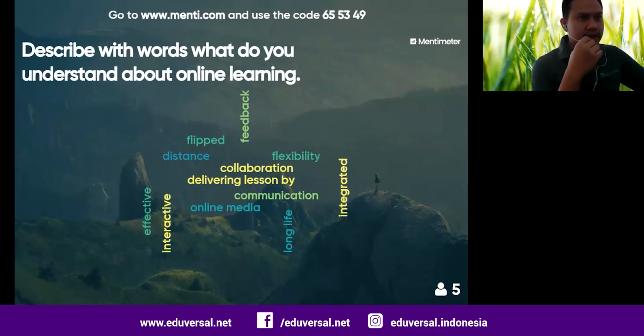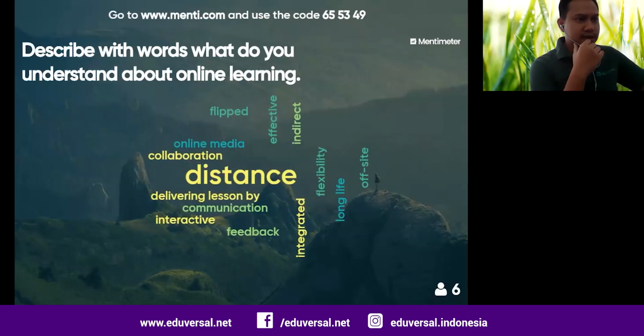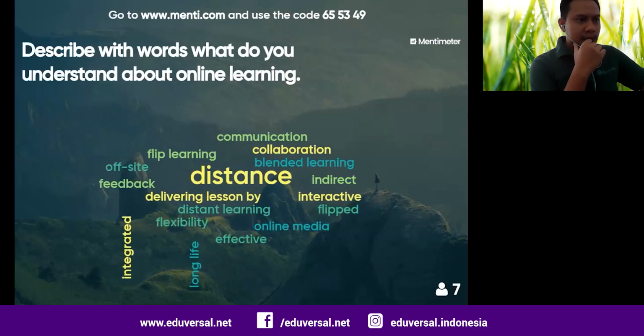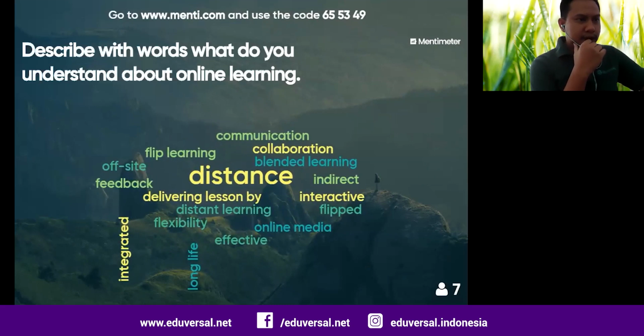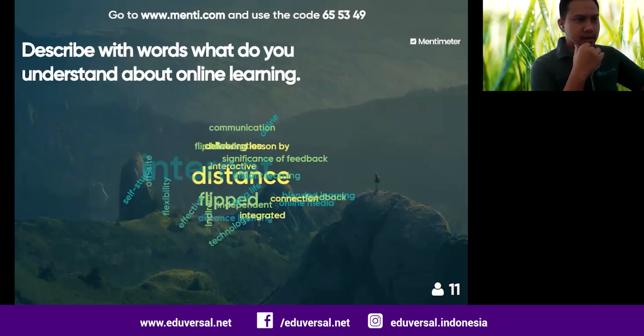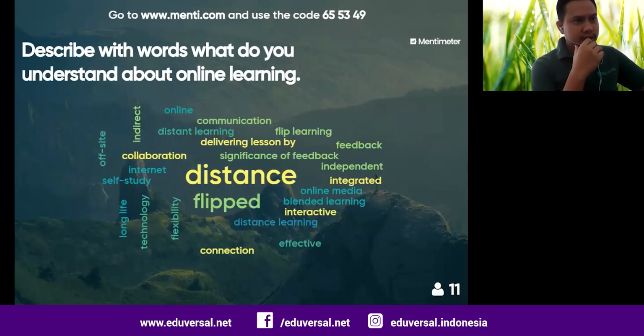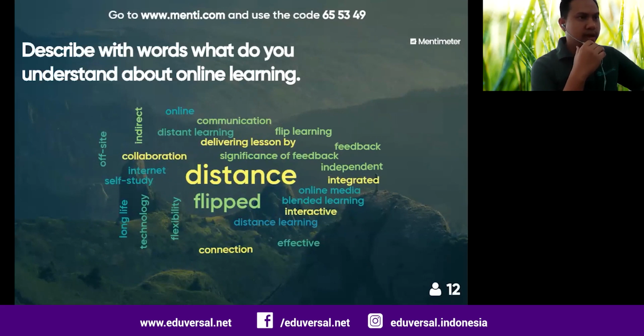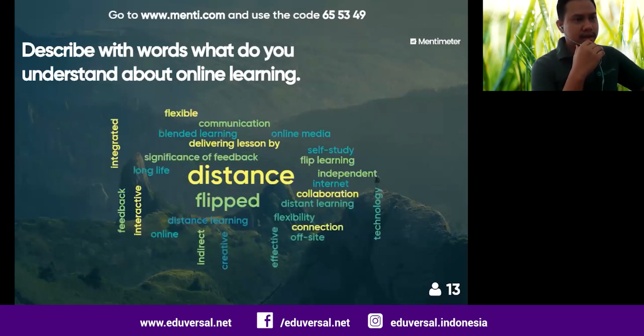Maybe there is a little bit of delay because of internet connection. And yes, we have a popular word, which is distance. As you can see from the result board here, the bolder the word, the more popular it is, and most of you typed this word.